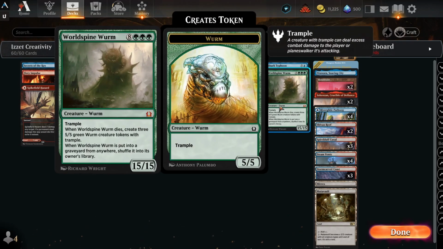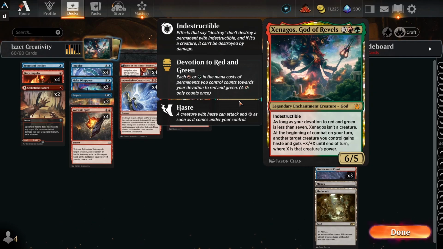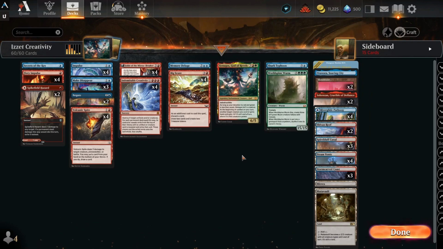World Spine Worm, plus 15 to the face off of the Xenagos, because Xenagos, at the beginning of combat, gives another creature plus X, where X is that creature's power. So you can essentially just one-shot the opponent. Maybe not so much out of nowhere, considering the opponent usually knows what you're doing, but because of the